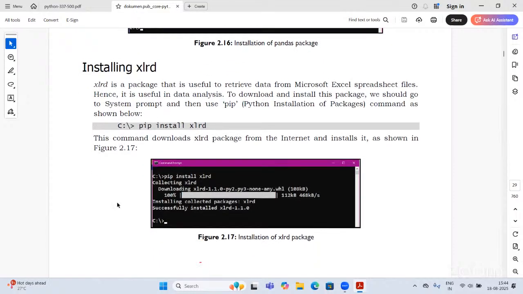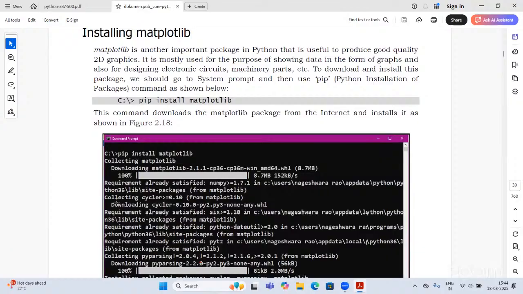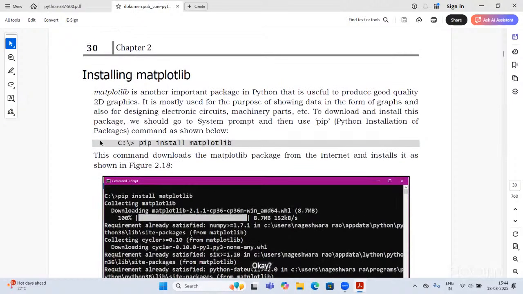Okay. And the last one, installing matplotlib. Matplotlib is another important package in Python.